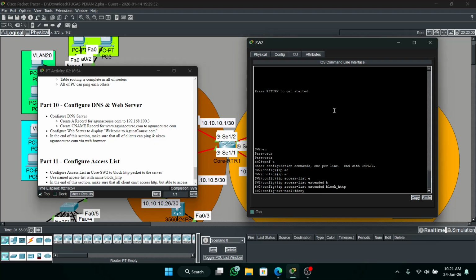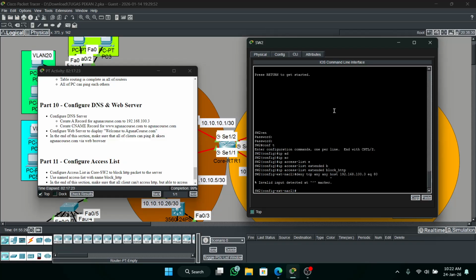Okay, after that type deny TCP any and type the host. The host is the server, and eq 80.